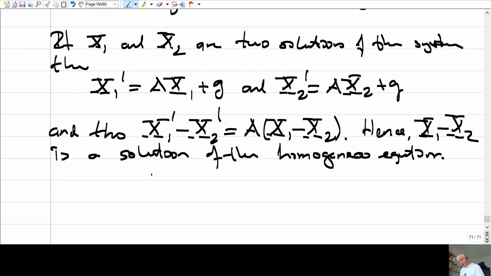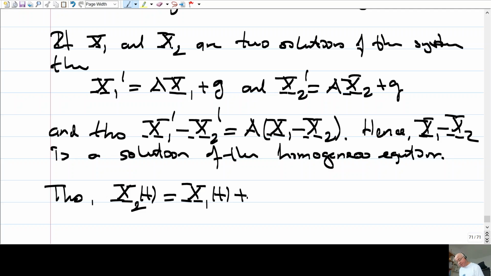So this means, hence, thus, x1(t) is equal to this. Some solution, or let me start with x2. Some solution of the system plus a solution of the homogeneous equation, where,